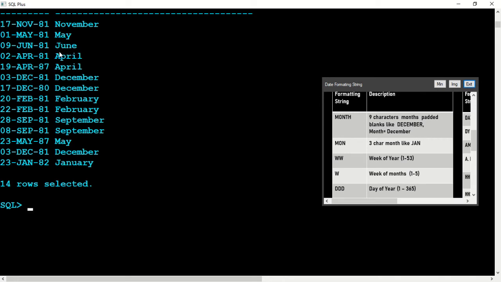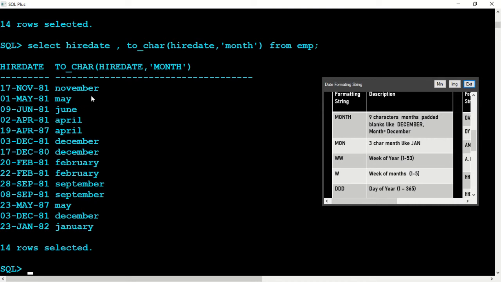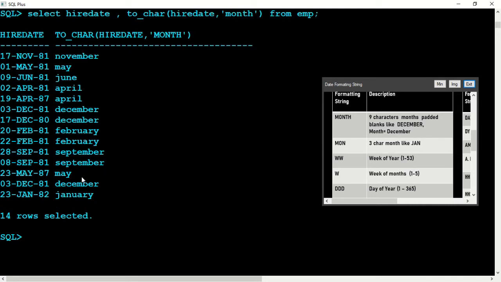June, J is capital. April, A is capital. If you want all in small letters, write month with a small m. So now everything is in small letters. So MONTH shows you the name of the month in full.